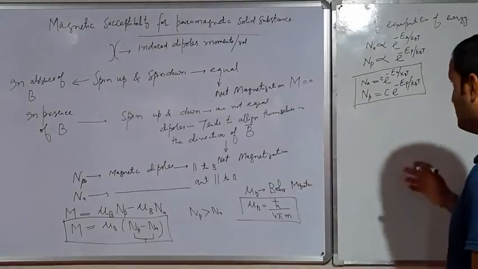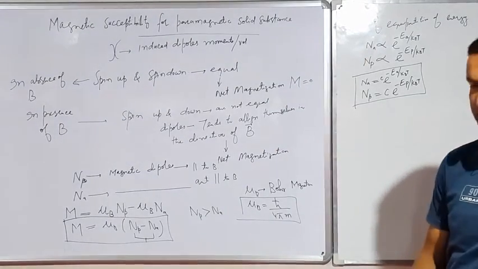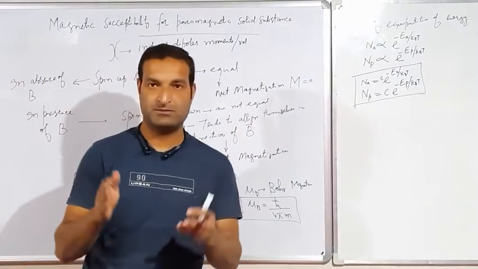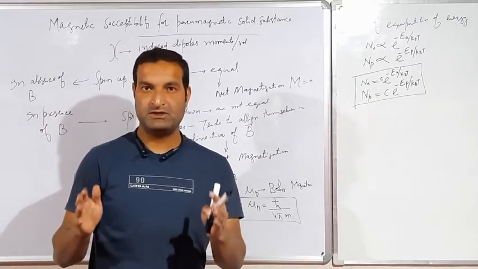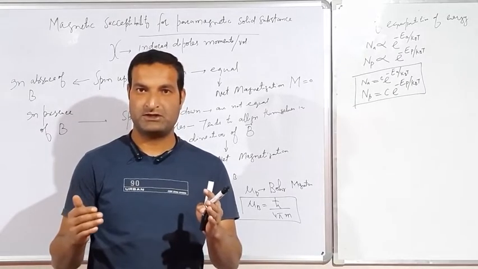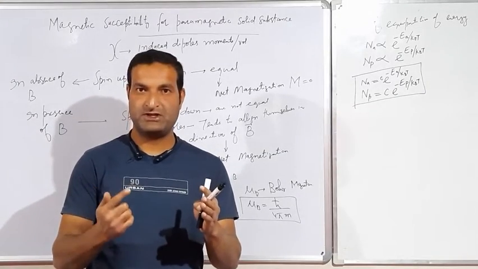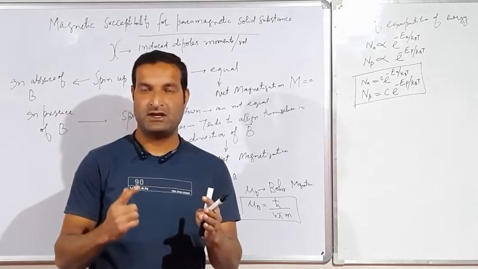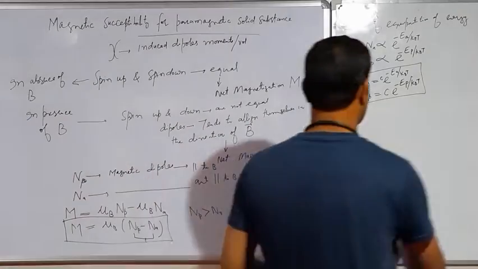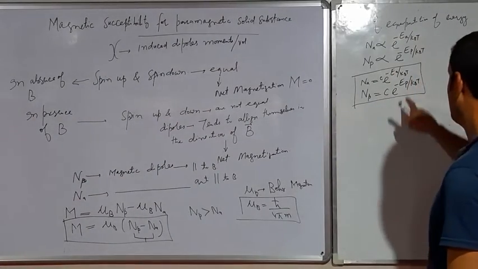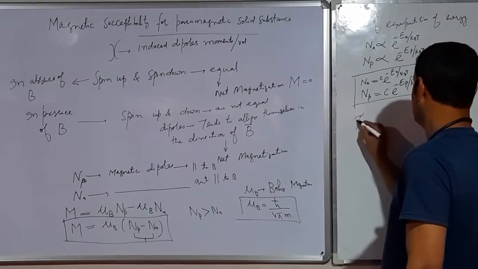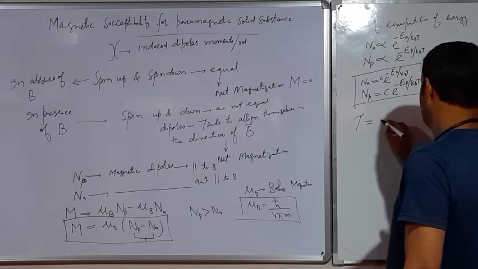After that, we know the torque acting upon a dipole when this paramagnetic material is placed in a magnetic field. So there is net magnetization because these dipoles experience torque in this magnetic field, and there is energy associated with these dipoles, and this energy is Ea and Ep. So calculating this energy, we can write the torque will be equal to